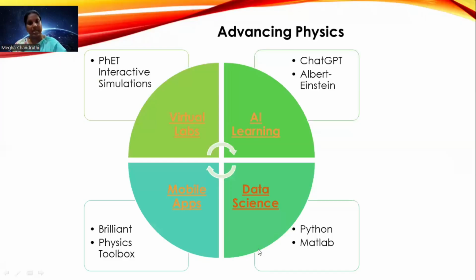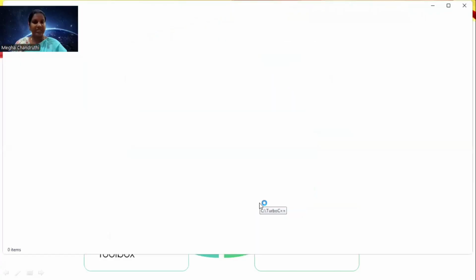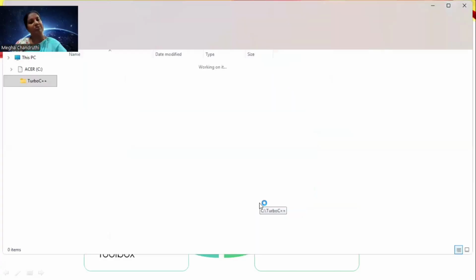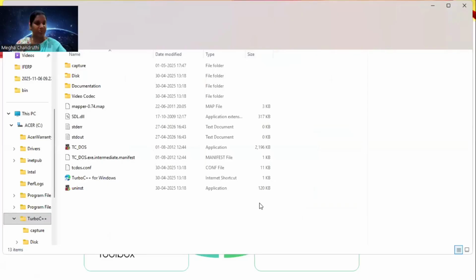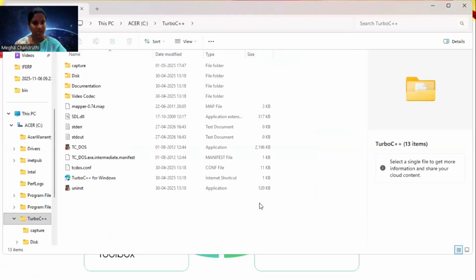And next is data science. The name itself says data, where we are going to give some input data, do some calculations, and get the output data. That is what commonly happens in data science. Regarding that, one small thing is where we can use programming languages. So we'll make use of some programming languages to do this.